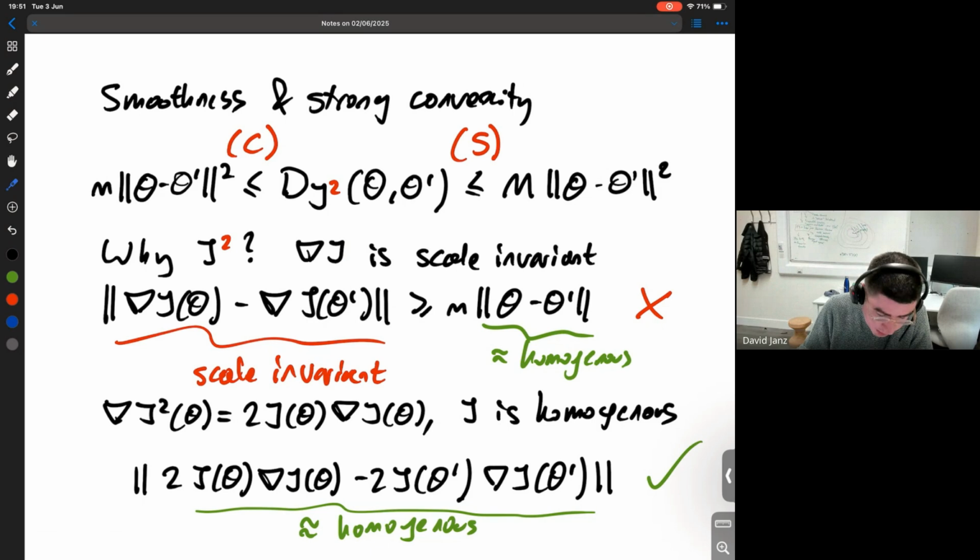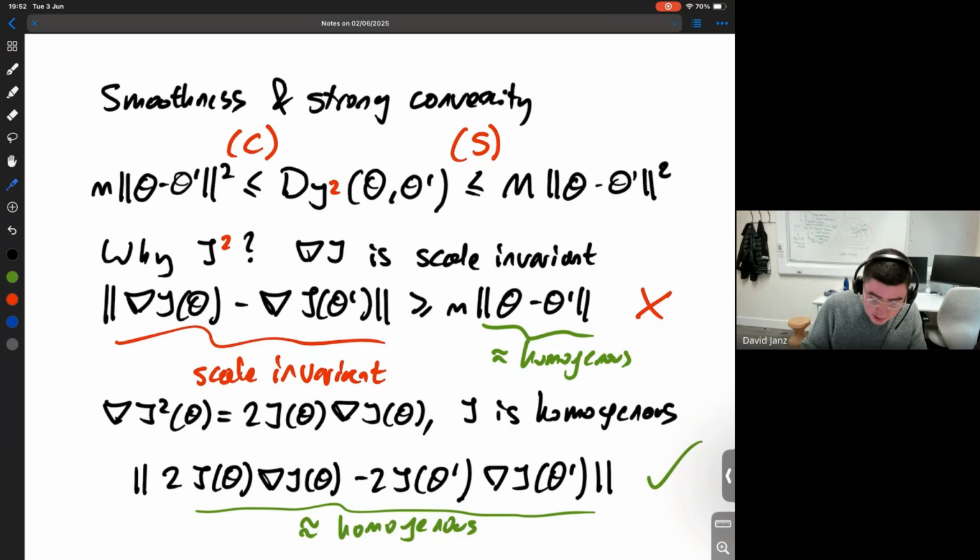So if you try to enforce this condition here, which is essentially equivalent to this condition without a square, so if you try to have that the difference between optimal arms is lower bounded by the difference in the parameters, this side is invariant to the scale of theta and theta prime. This side is not invariant. You can always scale these up on the right-hand side and break this condition. So you're not going to be able to establish an m that's independent of the norm of theta and theta prime for this condition without constraining in some way theta and theta prime. So we need to do something.